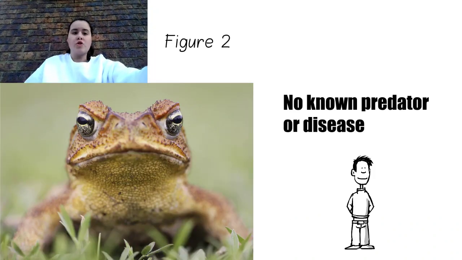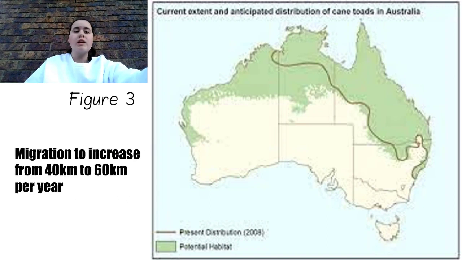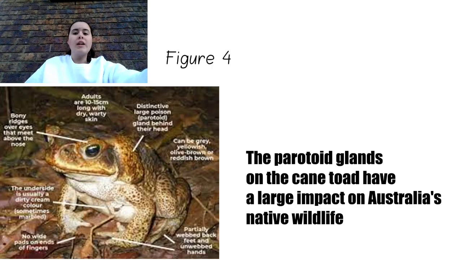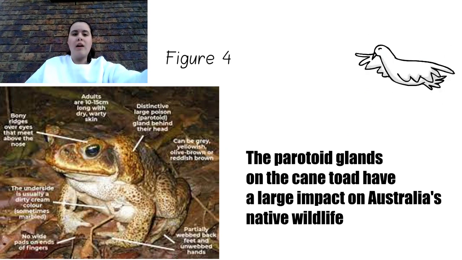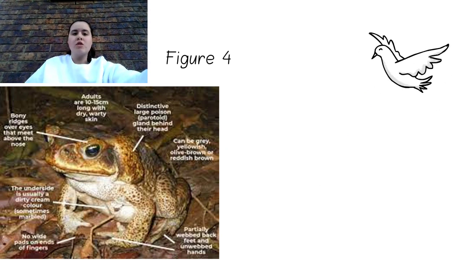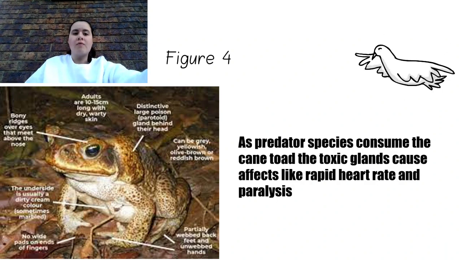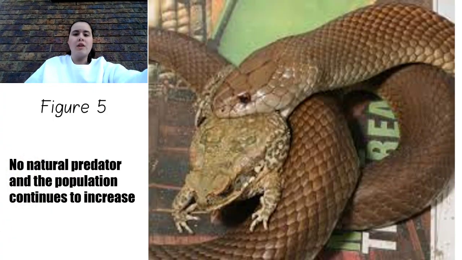In Australia, there is no known predator or disease that can control the cane toad, causing the rate of migration to increase from 40 to 60 kilometres per year, moving eastward. The parotoid glands on the cane toad are another reason why the cane toad has such a large impact on Australian native wildlife. As other animals and species consume the cane toad, the toxic glands cause effects like rapid heart rate and paralysis. This is why the cane toad has no natural predator, and the population of the cane toad